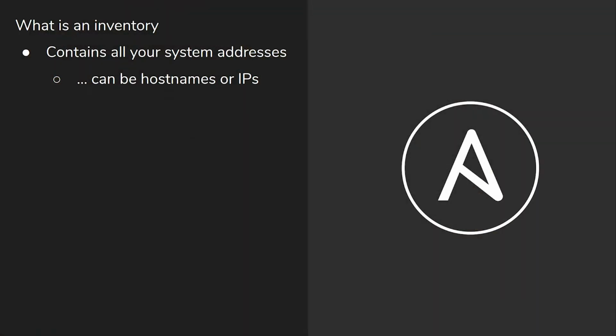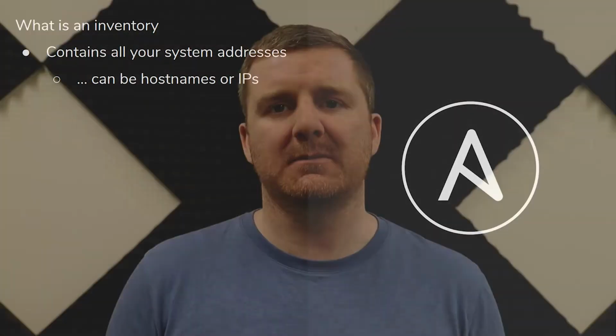Okay, so we've got Ansible installed. The next thing we're going to need is an inventory file. And the inventory file is going to tell Ansible where our servers are based on our IP addresses. Okay? So an inventory contains all of the host names and/or IP addresses of the systems that you're managing